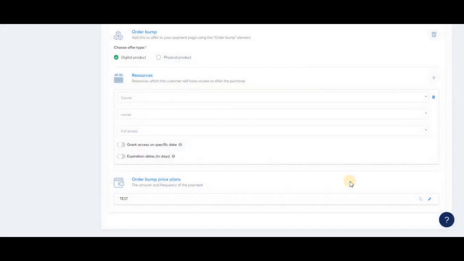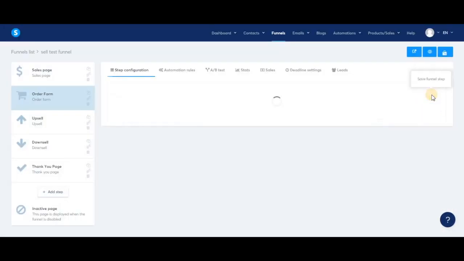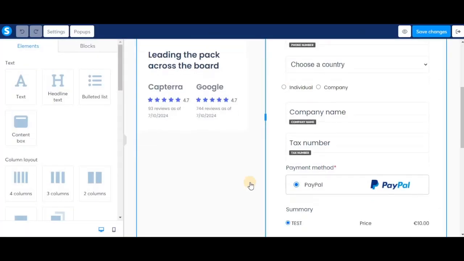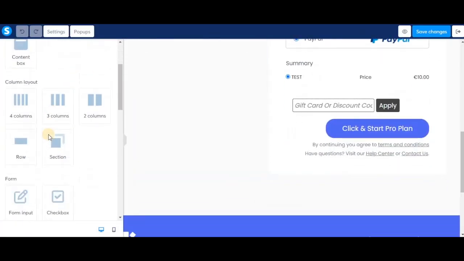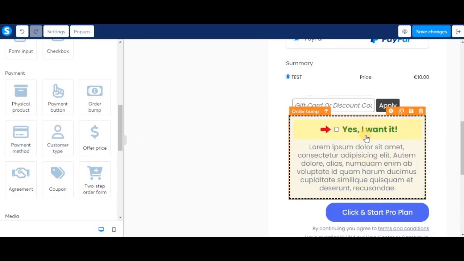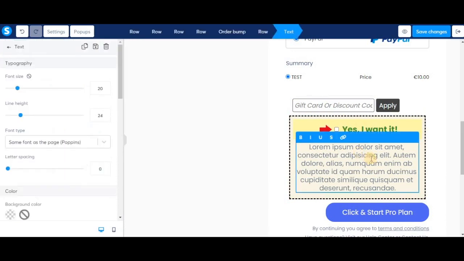And then we're going to go back to the editor for my order form page and add a new element to it. This is the order bump element. You can look for it in our element menu right here on the left and drag it straight to the page like so. As you can see, there's a placeholder text, so you have to customize it and write about